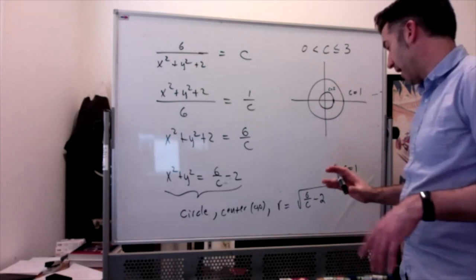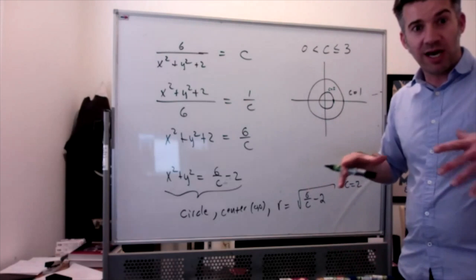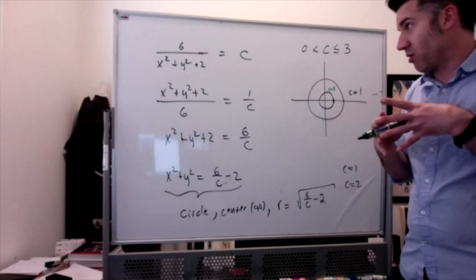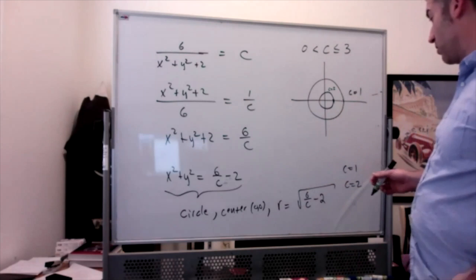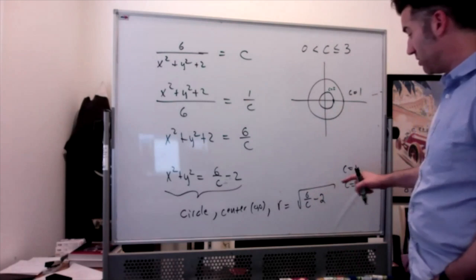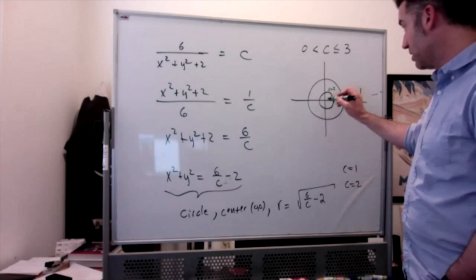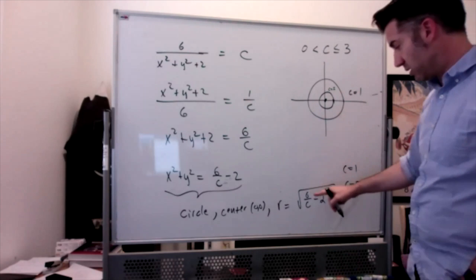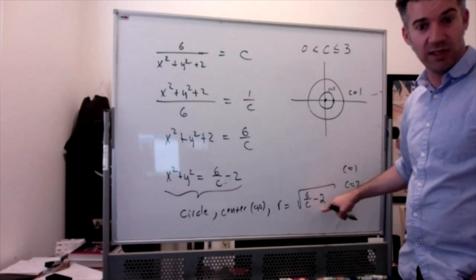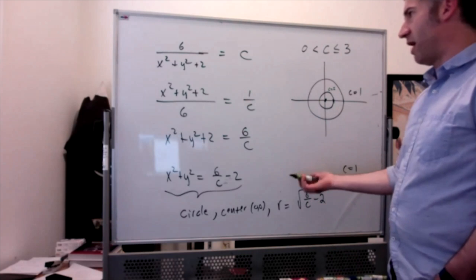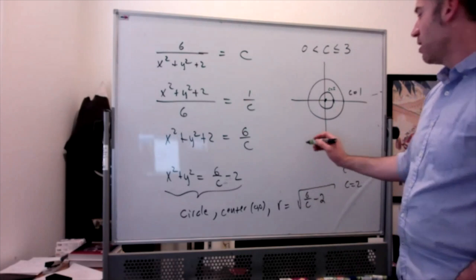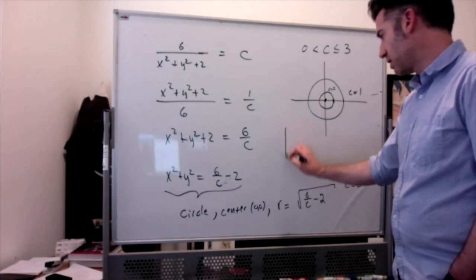So it looks like as the elevation gets higher, the circles get narrower. Again, we can only go up to as high as 3, right? So c equals 3, you're going to get a circle of radius 0, because you get 6 over 3, which is 2, minus 2 is 0. I don't know exactly how this looks, but it probably looks something kind of like,